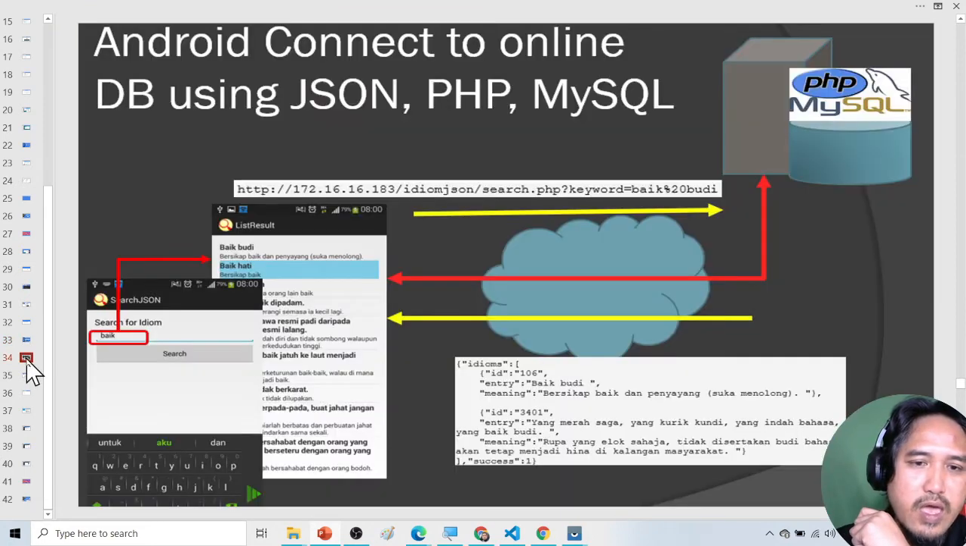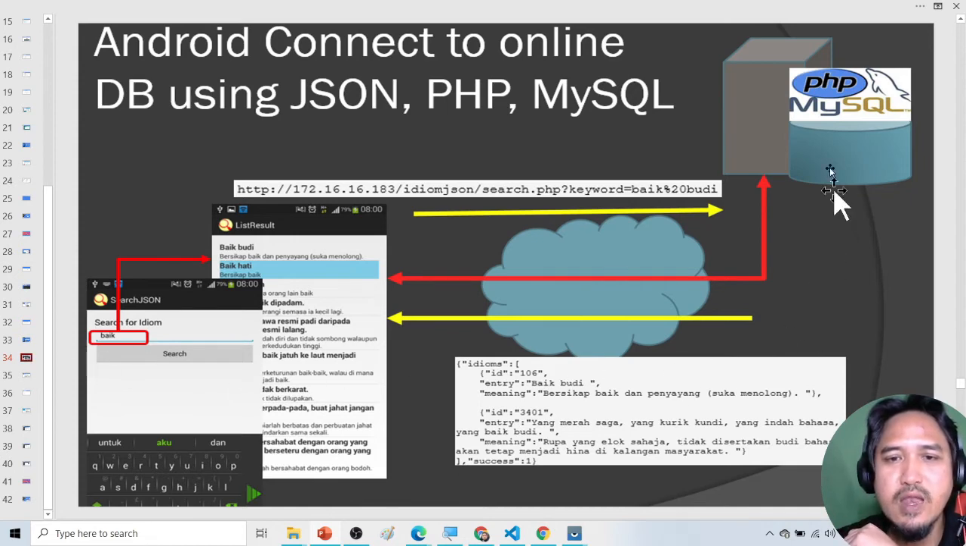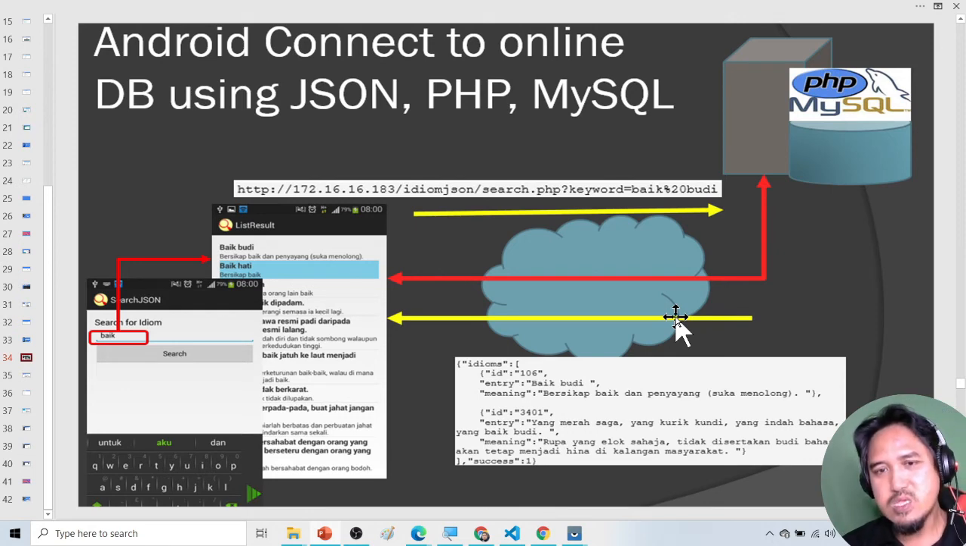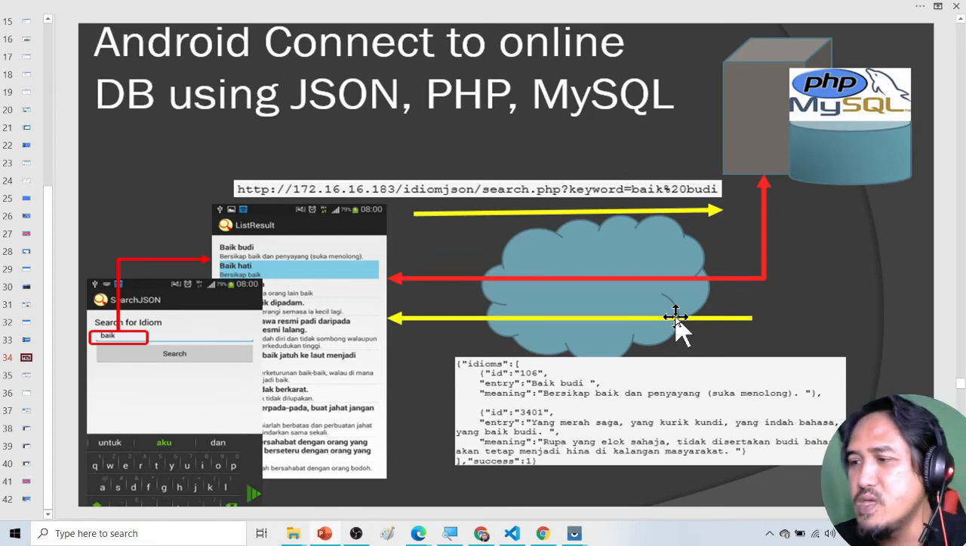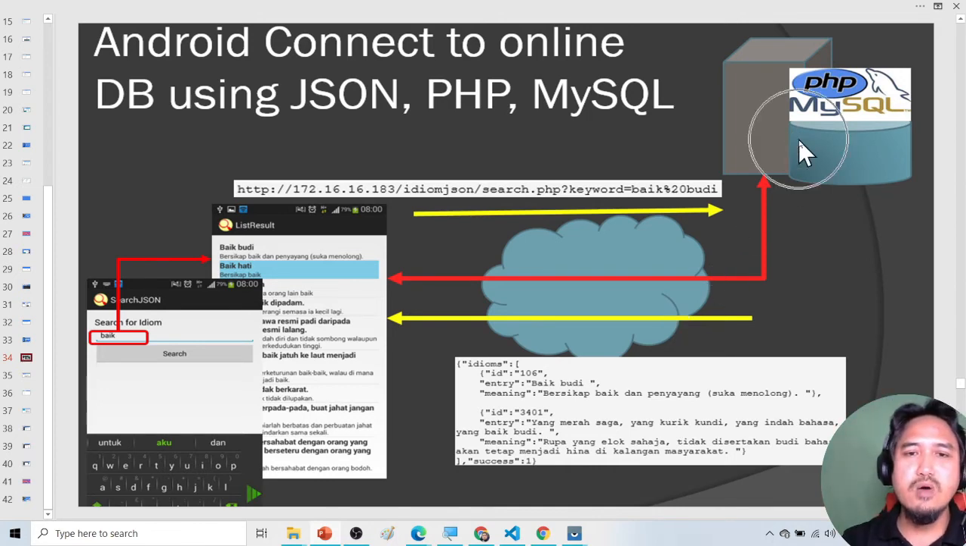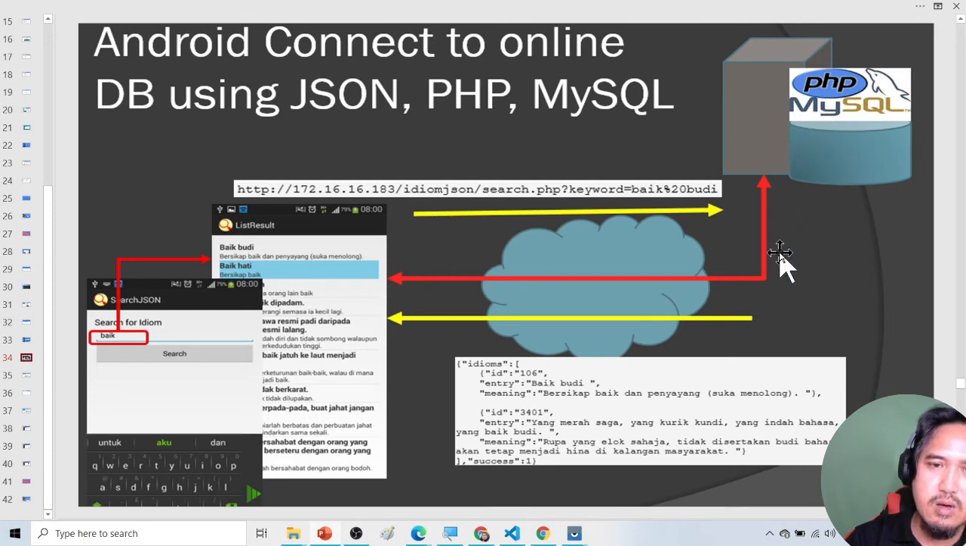So for any interaction with an online database, you are familiar with a local database, which is SQLite, whereby that database can only be accessed by your own phone. So the data is stored inside your phone. With an online database, the data is stored inside the cloud, or inside the internet, or inside a public domain server. This server will hold your database and it will communicate to your